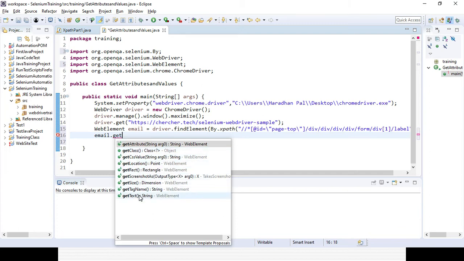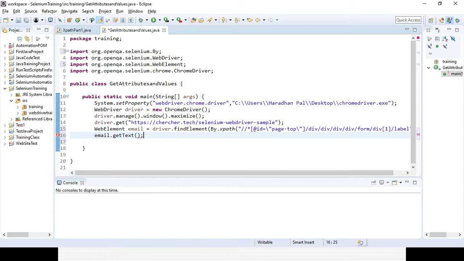I can get the text value for the particular field using getText, and this text I can store in a string variable, String emailValue equal to this, and I can print it out as and when required.